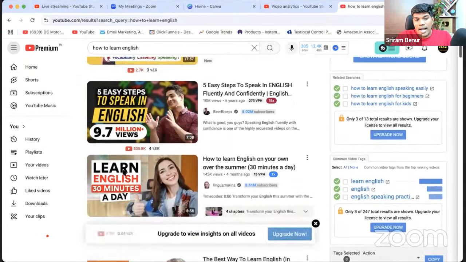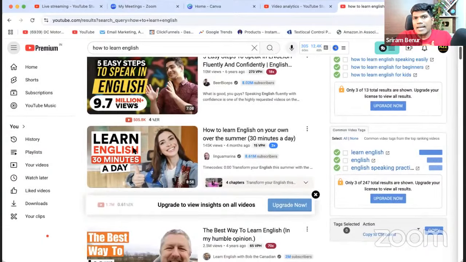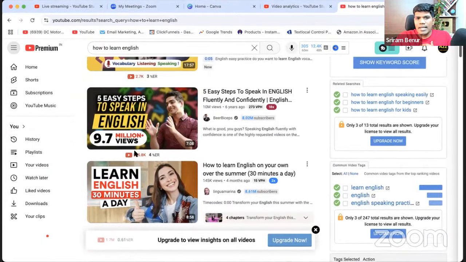Now, after going through all these thumbnails, I get my idea on how to create a great thumbnail, right? Without seeing this, if I planned to create my thumbnail, I would fail in the first step itself. Always make sure to get the idea. Now, understand what color combination they have used. They have used white, yellow, black, right? Here it is black, red, right? Now, the highlight is on the numbers, right?